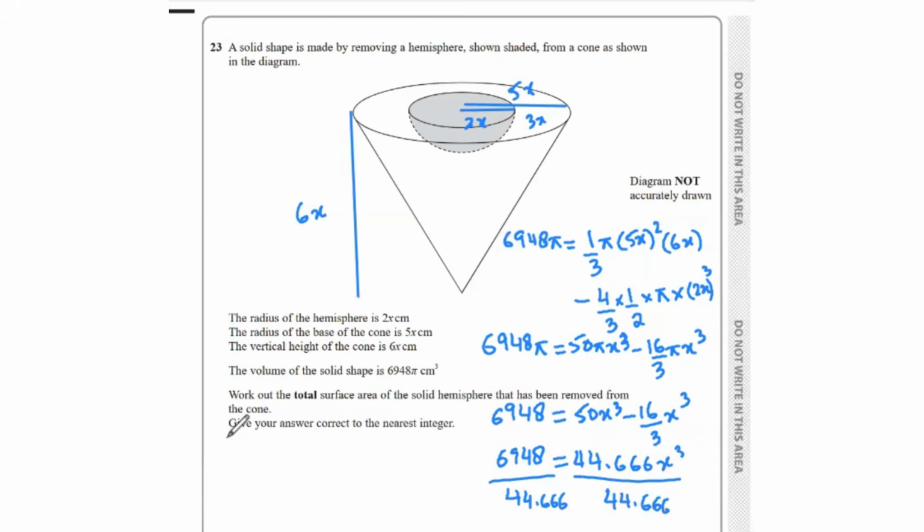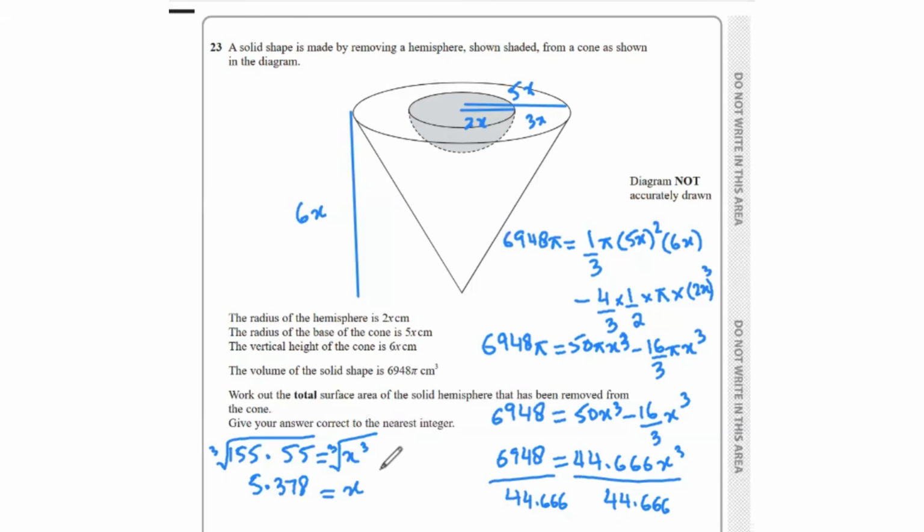That leaves us with 155.55. Then we take the cube root on both ends. That's 5.378. That is the value of x. So now that we have the value of x, we can easily use that to find the total surface area